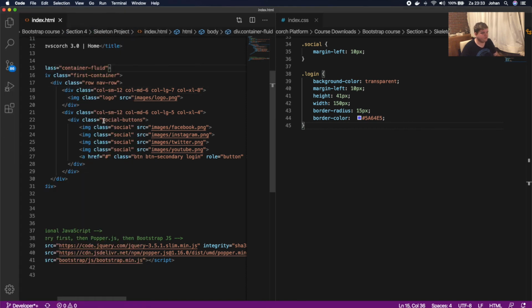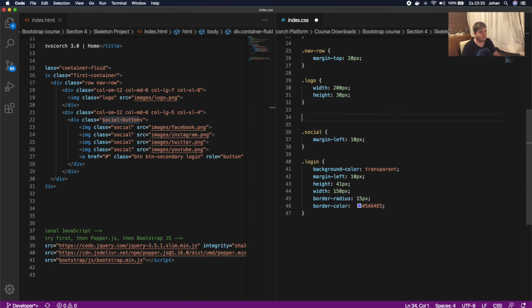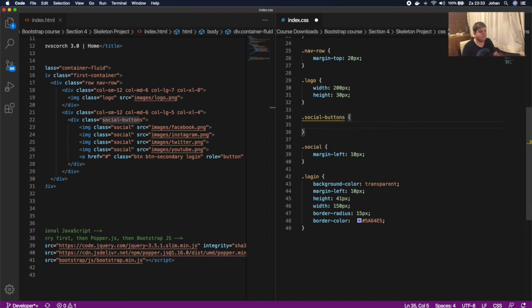And that's this one, social buttons. So above social, we're gonna call dot social buttons. And here we leave it empty, and under here, on the login, we're gonna add a media screen, and we're gonna give this a max width of, let's check the